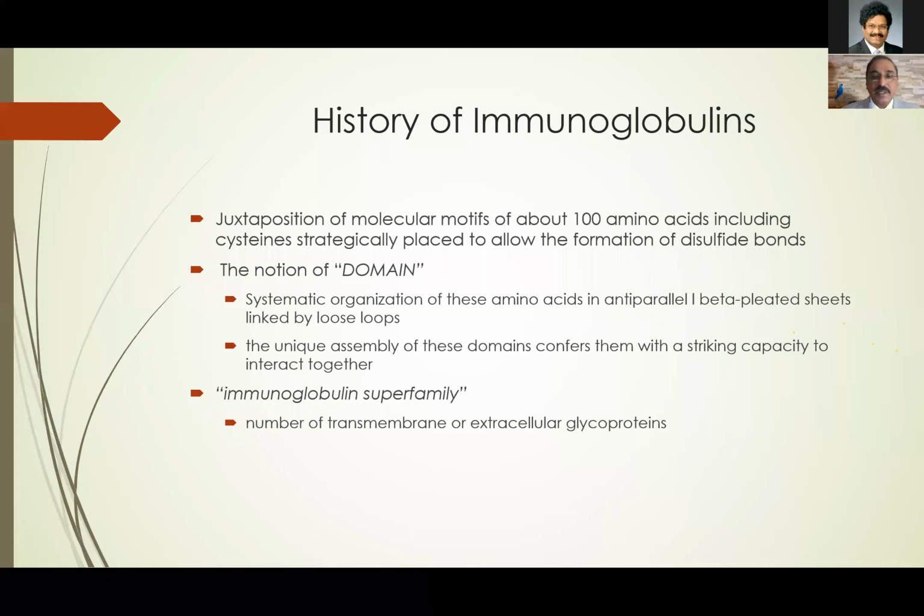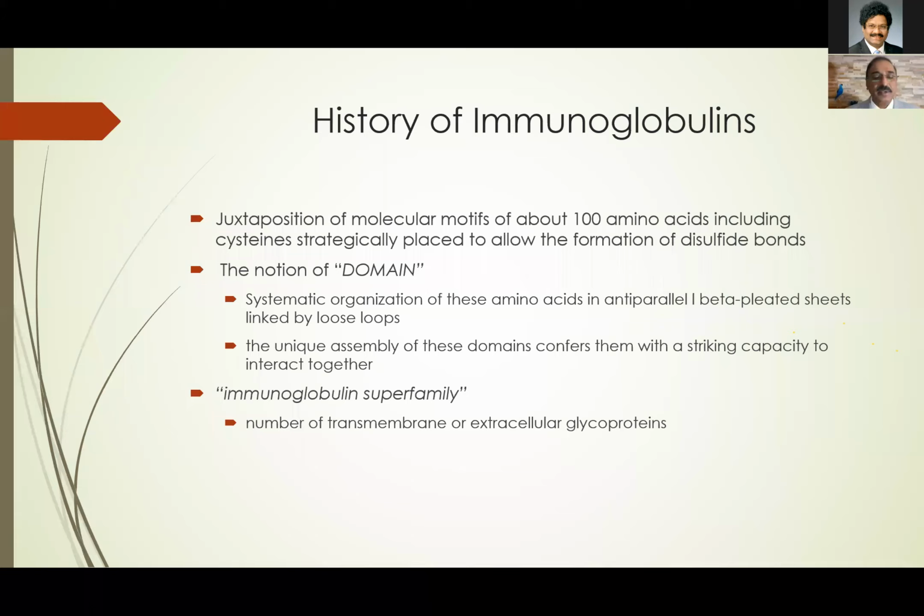Then afterwards we found out that this whole domain, the whole immunoglobulin family, is arranged by one or two genes. By folding and cutting in between the genes, they come together in combination, resulting in millions of immunoglobulins that can be very specific to antigens. Then we also noticed these beta-pleated sheets and domains present in multiple other molecules, which